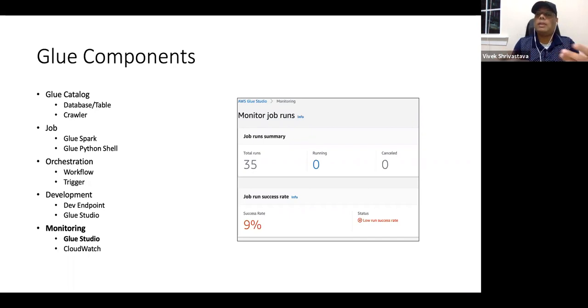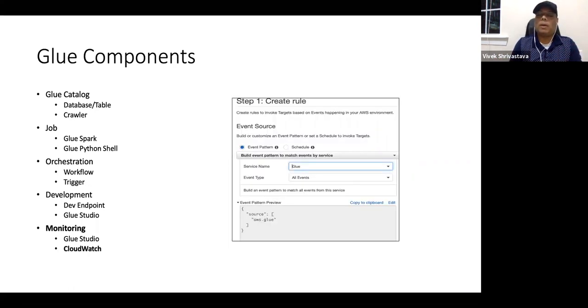One can go and see how jobs are performing, and if any attention is needed. This can also be done via CloudWatch. CloudWatch is another AWS service which is primarily used for logging and monitoring, and it is integrated with pretty much every AWS service in the backend. Glue is one of them too. We can monitor every event that Glue jobs generate, and we can set up notifications as we need. Now I'm going to take you to a live demo,